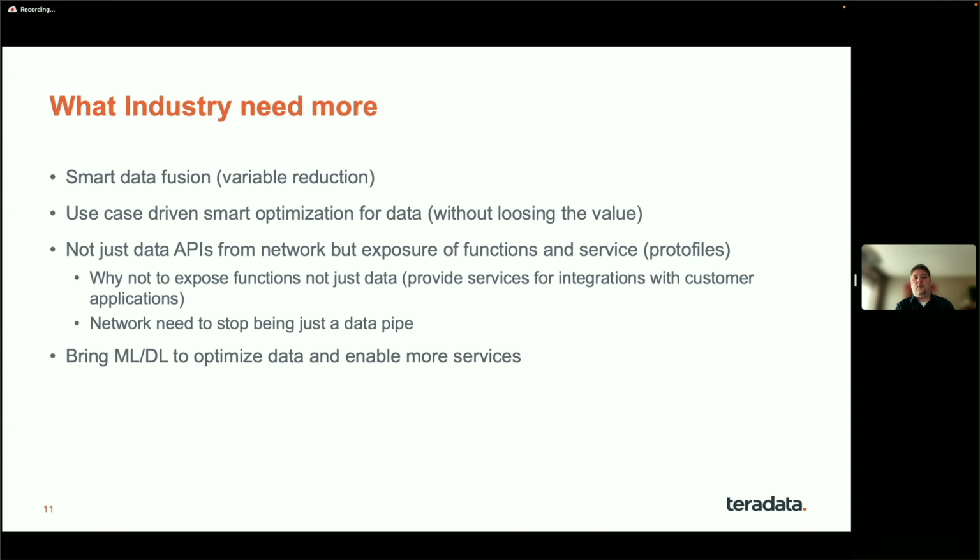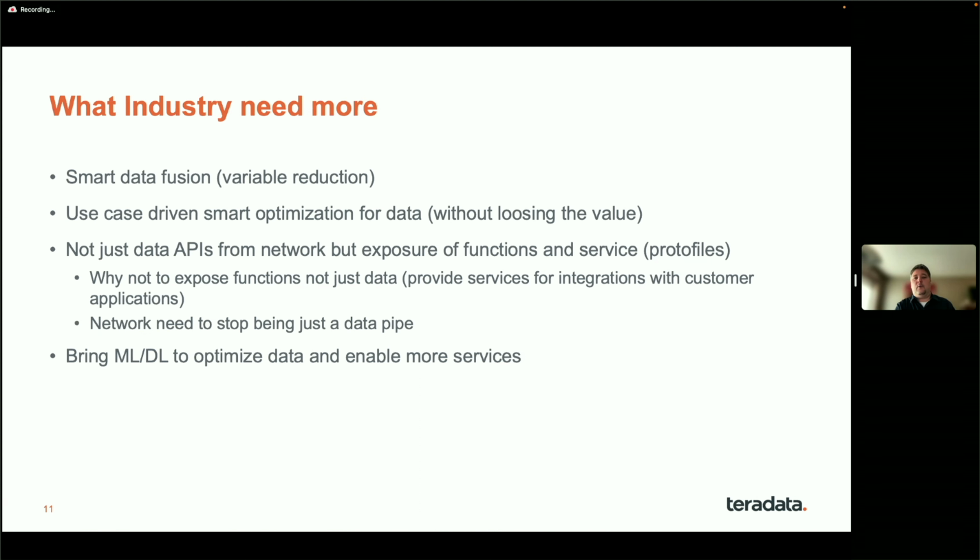So we need to get to the smartness of maybe the more generalized variable reduction, because not every variable is important, not every signal is worth reporting, but at the same time build this in a way that we can do it per different applications. The second thing, which is starting to happen, but we also need to focus on, is how to build more use cases,